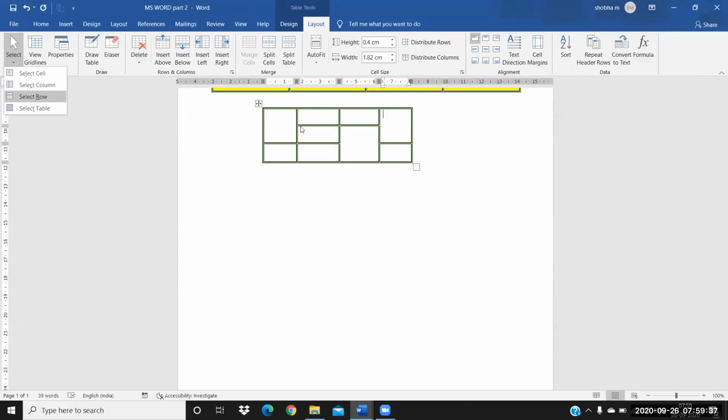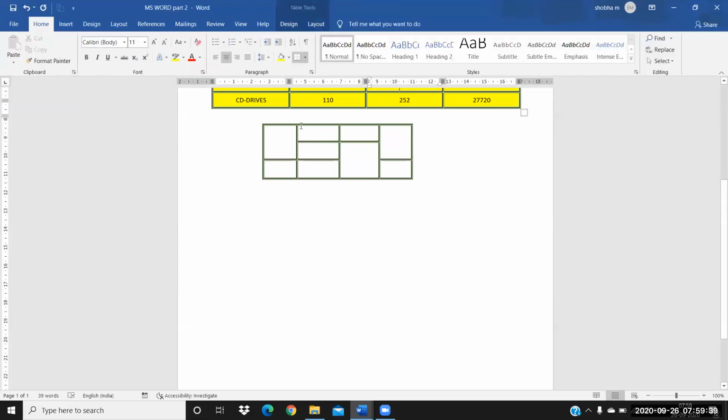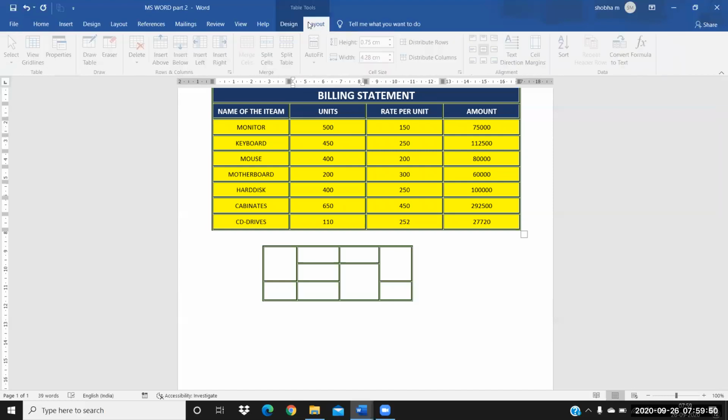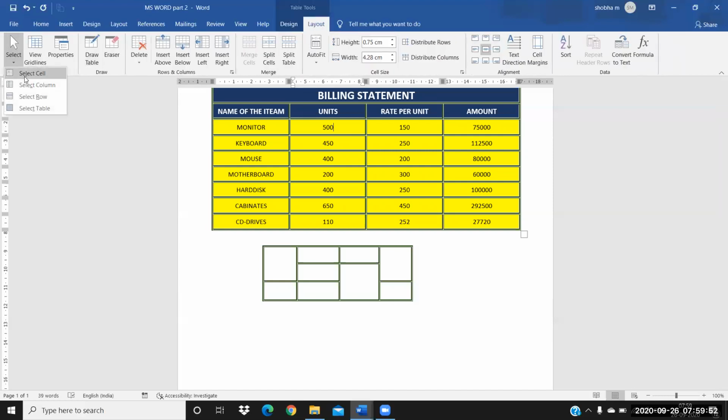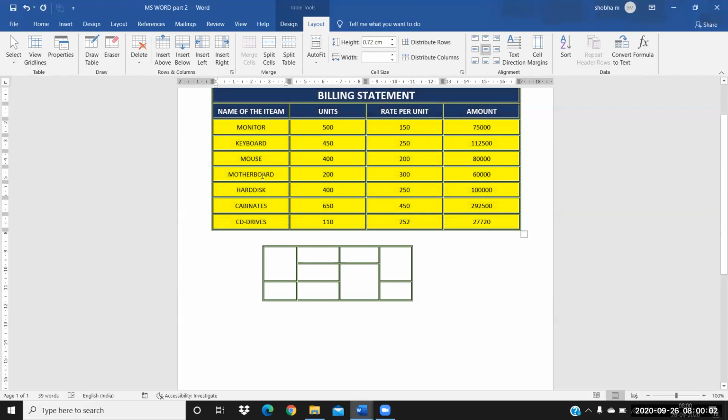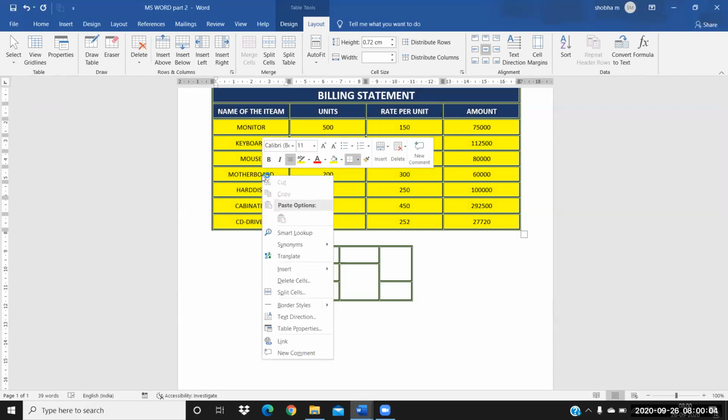If you just click on the above, I have a table here. Correct? This is a table given here. So you can select any part of the table here. Say for example, I want to select an entire column. It will select your entire column like this. I want to select an entire row. It will select your entire row like this. So this is all about selecting your table, selecting your column, selecting your rows.